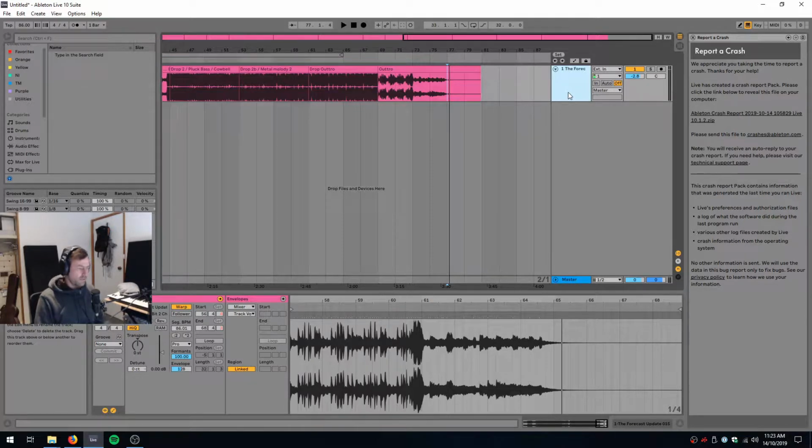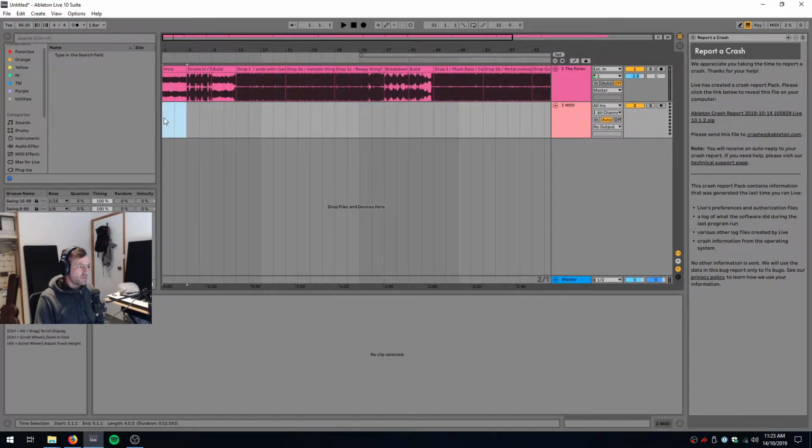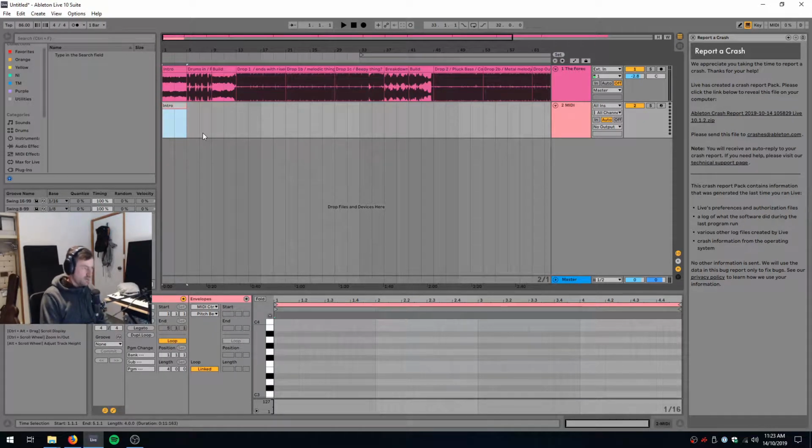Once we've got that structure worked out, what I like to do sometimes is create a MIDI track which has these same sections replicated into it. So we've got intro, false drop, build. There's a faster way to do that. Drop 1, drop 1B, drop 1C, breakdown / build, drop 2,